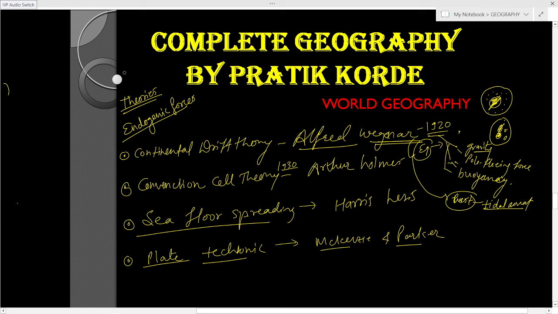So see, there are certain plates, major plates and minor plates. Consider, doesn't matter what it is, major or minor. This is an oceanic plate, and this is the continental plate. Now if they are moving towards each other, it is basically convergence. If they are moving away from each other, it is divergence. Convergence, divergence. If they are crossing each other, we'll call it a